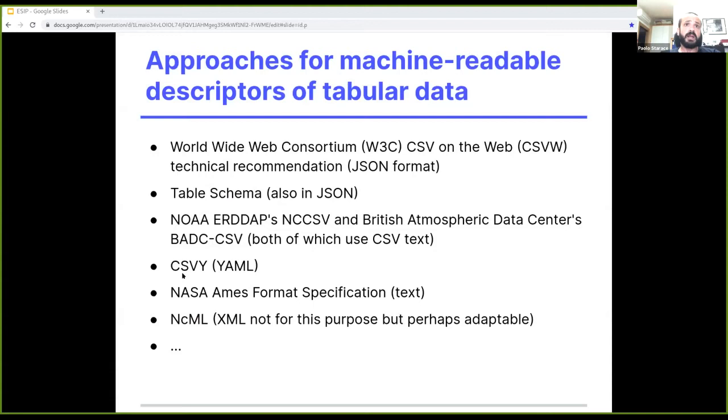So, as we said a few minutes ago, the one from the Web Consortium is not the only proposal for describing the content of tabular data on the web, and several other approaches are available.